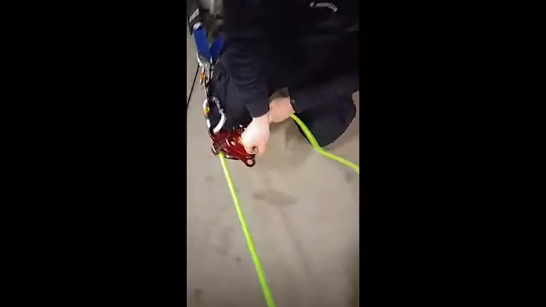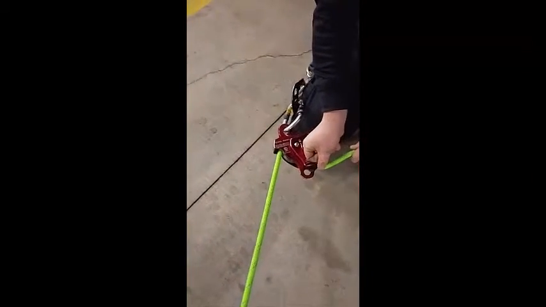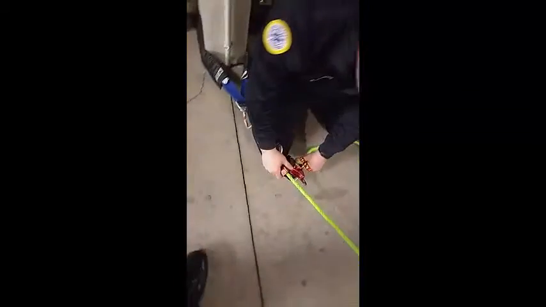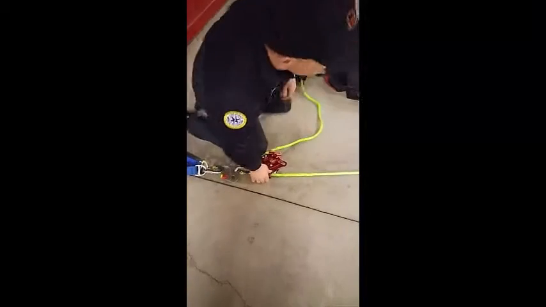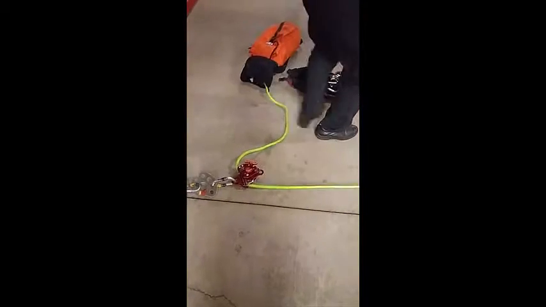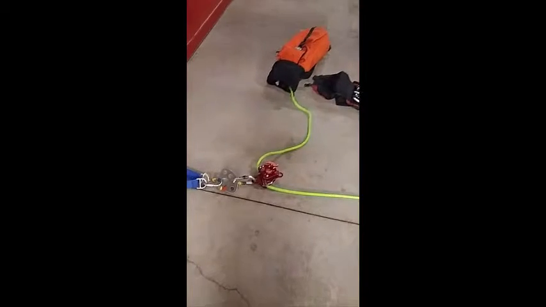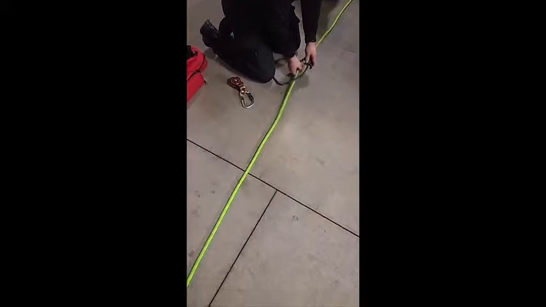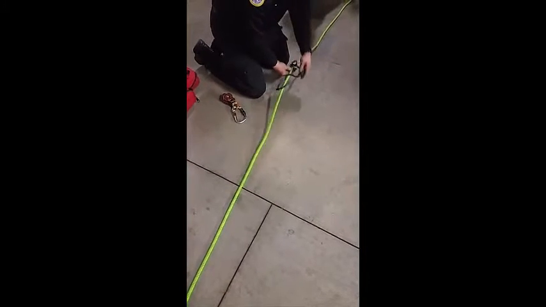You'll be expected to open the release brake all the way and use the V brake, adding more friction by pulling the line straight back to the rear and controlling the rate of descent by manipulating the line through this V brake rather than feathering the handheld release brake. At this point, after you lower your victim,